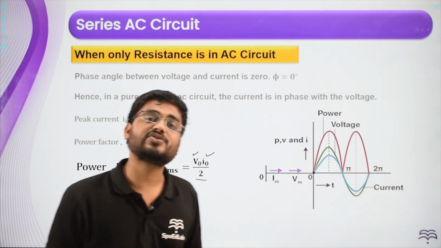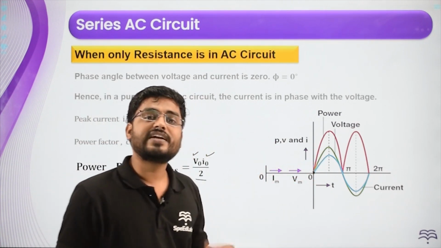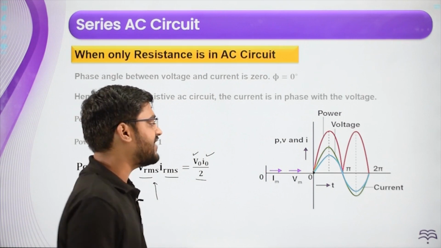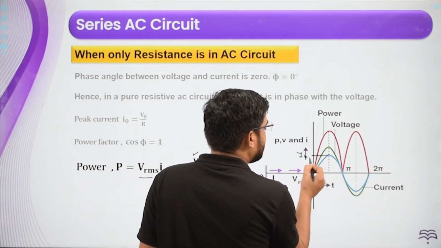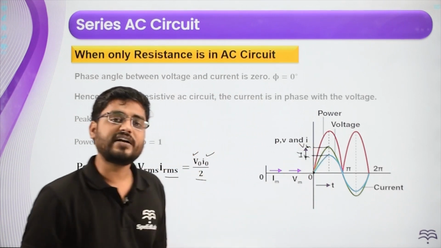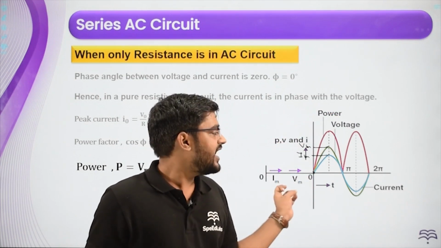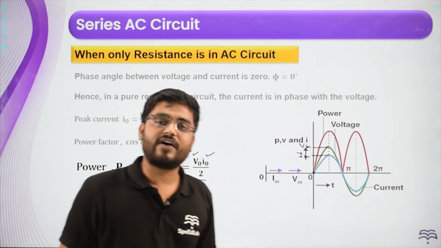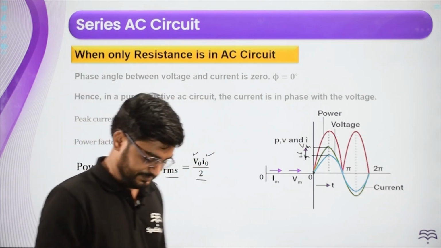So that's what it means for them to be in phase. Amplitude is different. One has Vm amplitude and the other has Im amplitude. So this is my Im amplitude and this is my Vm amplitude. The amplitudes are different, but they are simultaneously rising and simultaneously sinking. They have the same type of graph, both are simultaneously zero and simultaneously have peak values.